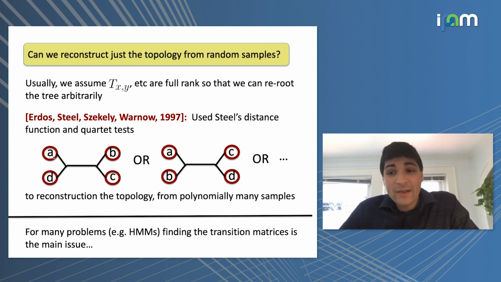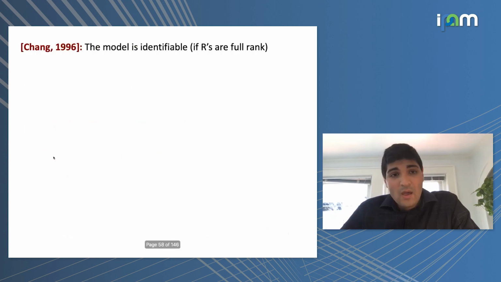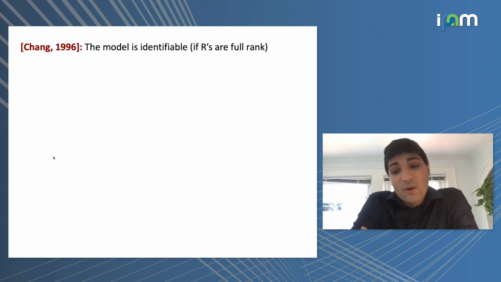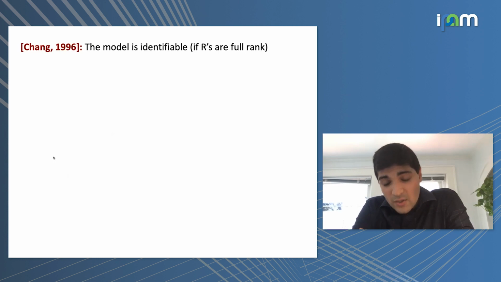But now enter tensor decompositions. So what we want to do is, once we know the topology, which we took for granted in the case of HMMs and is an interesting question in the context of phylogenetic reconstruction, the basic problem is to try and figure out what are the transition matrices along the different edges in the tree. And this is important because we care about how long these evolutionary branches are and all sorts of other properties of them. And of course, it's important for HMMs because that's the entire problem.